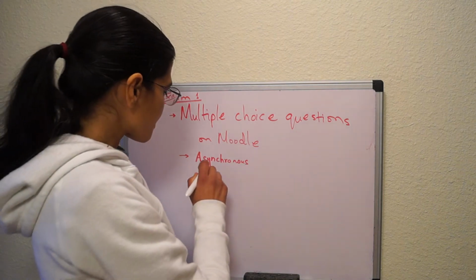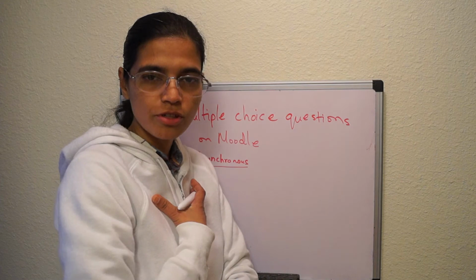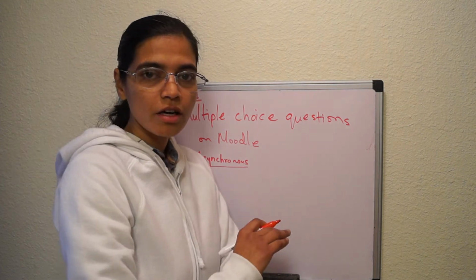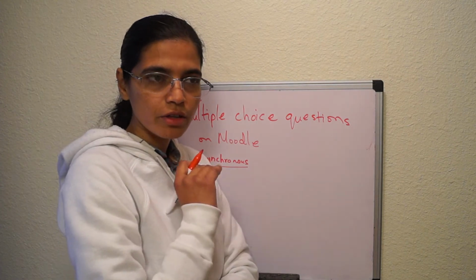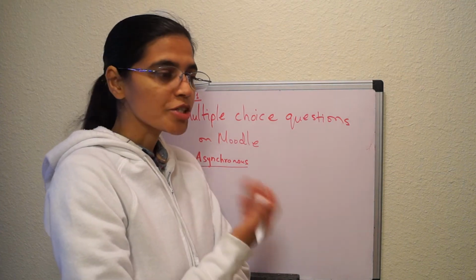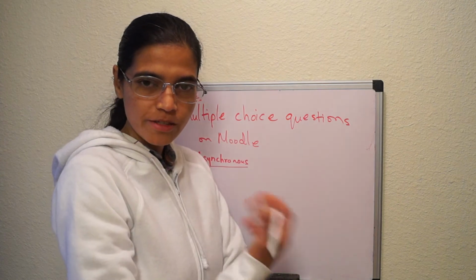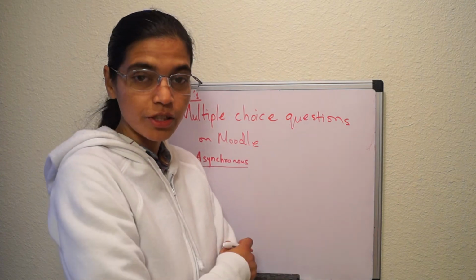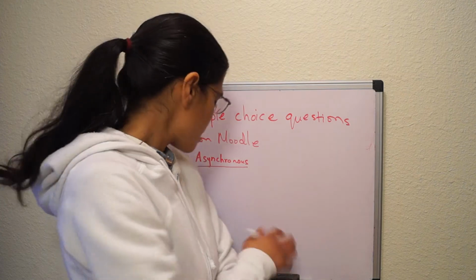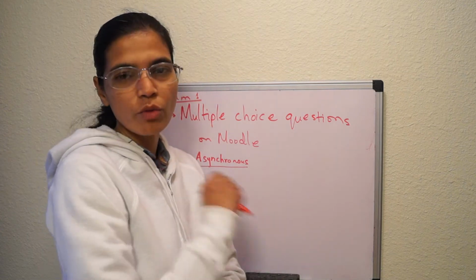Then again, when I say asynchronous, I have this trust in you that you don't share whatever you do in the exam with another person. Okay, this is very important, right? It's for your own good also, right? You want to master this skill, not just do it without knowing what you are doing. So make sure you don't talk about the exam to anyone at least